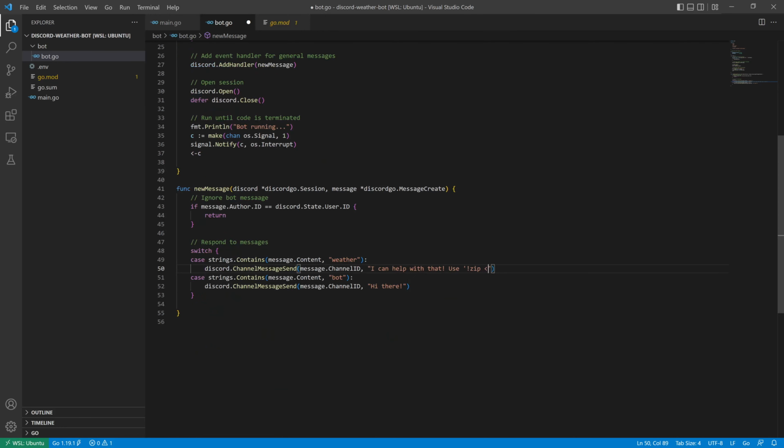And so for our weather command, we'll tell our bot to say that not only can it help with the weather, but it'll also tell people how it can help with the weather. And the way that we'll do that is using the !zip and then whatever our zip code is. Then we'll add on a new case to our switch statement, saying that if the message content contains the !zip command, then we will issue a call to a getCurrentWeather function that we haven't built yet. And that function will be passed the message content so that it can pull out the zip code. And that function, when we build it, will return a Discord message